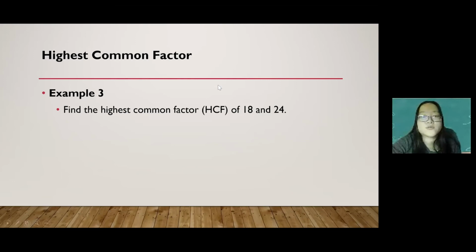So we're going to go over that using these numbers. But you can probably just mentally figure out the highest common factor, right? So we're using prime factorization. What we first need to do is prime factorize both numbers, okay? So 18